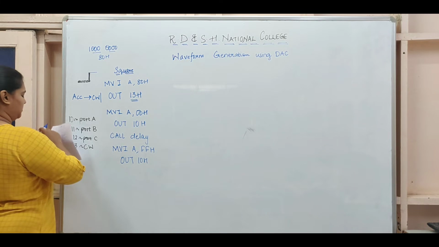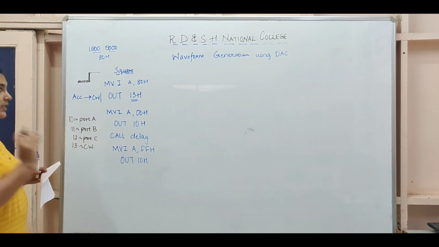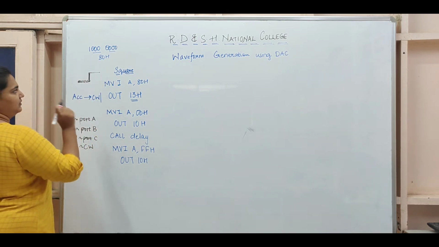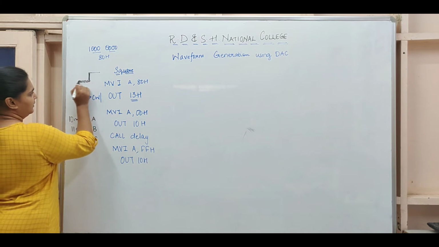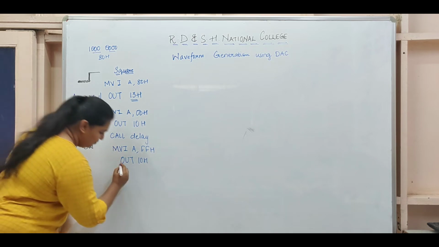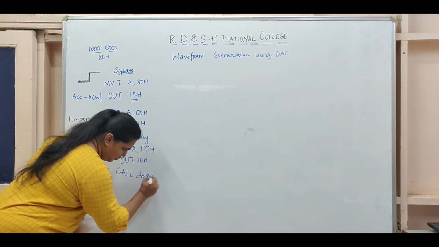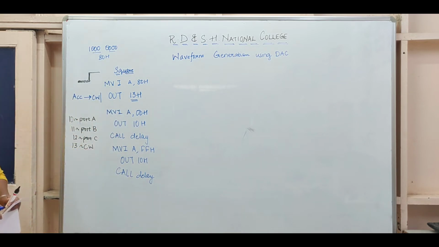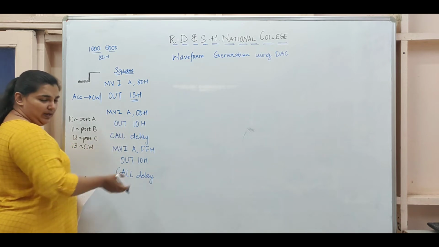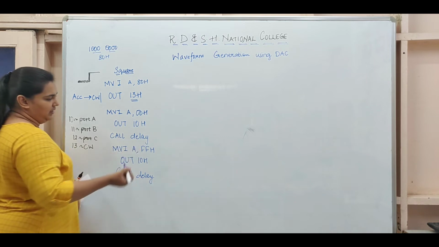So I want to waste this time here, obviously. Now since it is a square wave, this has to be equal to this. I repeat, since this is a square wave, the T1 time period has to be equal to T2. And therefore what I do is again call the same delay. So I'll write a delay code separately and I'll just call it in our program. Or you can include it here, but rather than writing those steps twice, when you know your processor has limited memory, we'll just call delay.